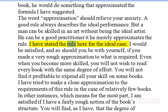I have stated the rule here for the ideal case. I would be satisfied, and so should you be with yourself, if you made a very rough approximation to what is required. Even when you become more skilled, you will not wish to read every book with the same degree of effort. You will not find it profitable to expend all your skill on some books. I have tried to make a close approximation to the requirements of this rule in the case of relatively few books. In other instances, which means for the most part, I am satisfied if I have a fairly rough notion